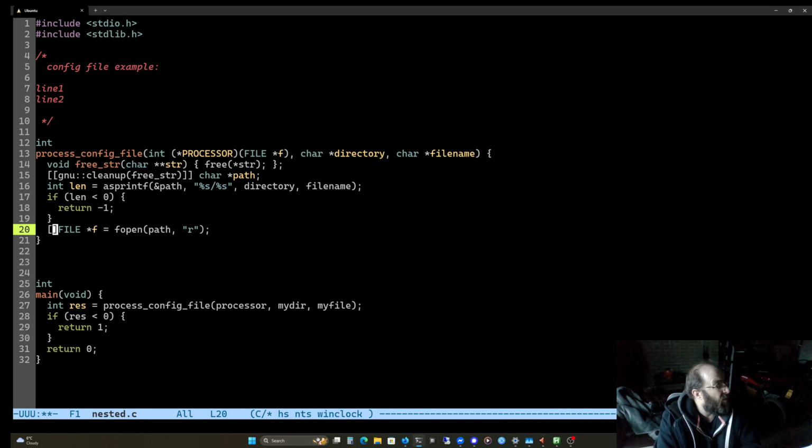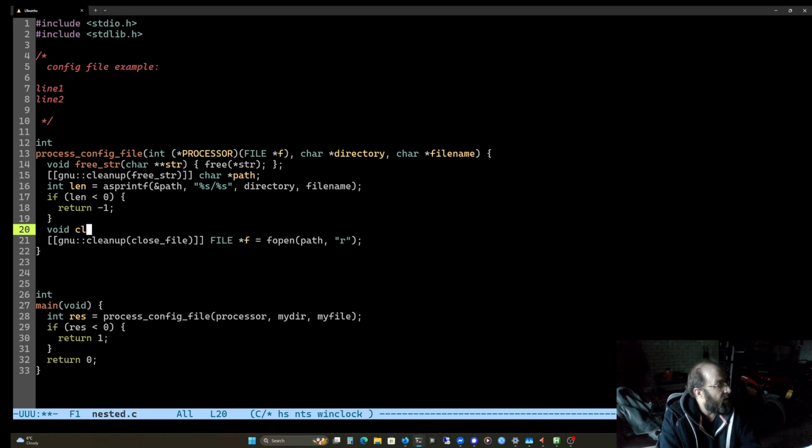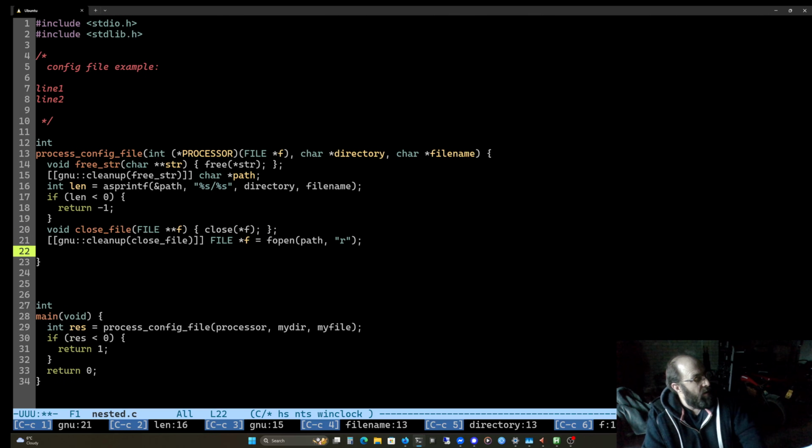How are we going to close the file? We could do it this way. So we'll just go close file. So we need another one of these. Close file. Again, we could use defer if we had defer. Oh dear, if I could type, I'd be dangerous. Okay, so now we have a file, it's going to automatically close.